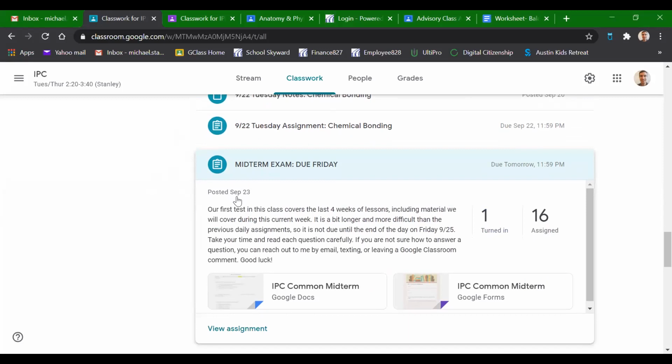And as always, you can go back to your notes and the videos that I've posted for you guys to try and help you out. Obviously, since it's an exam, I can't directly help you with the questions. Like if you ask me, hey, how do you figure out the answer to this one? That I cannot tell you. But if you have a question like, hey, I'm not sure how I'm supposed to answer this, or Mr. Stanley, I'm not really sure what this question is asking, that I can help you out with. If you reach out to me with a question like that, I'll do my best to try to explain it and maybe make the question a little bit more clear.